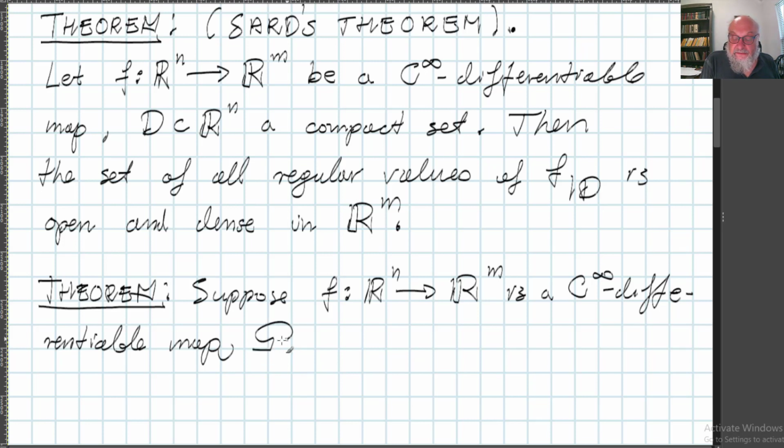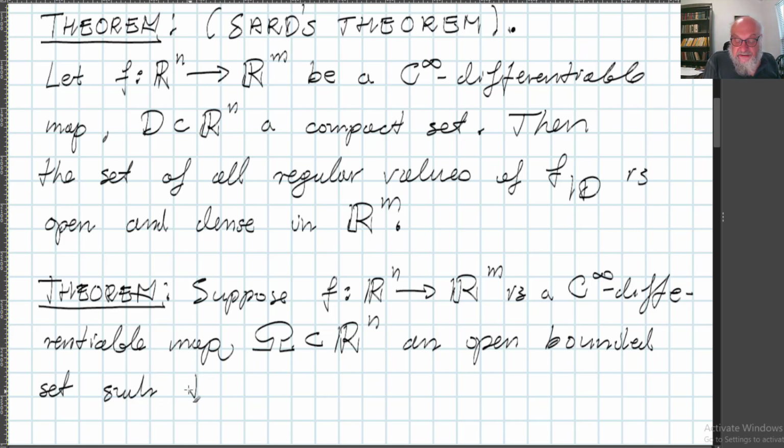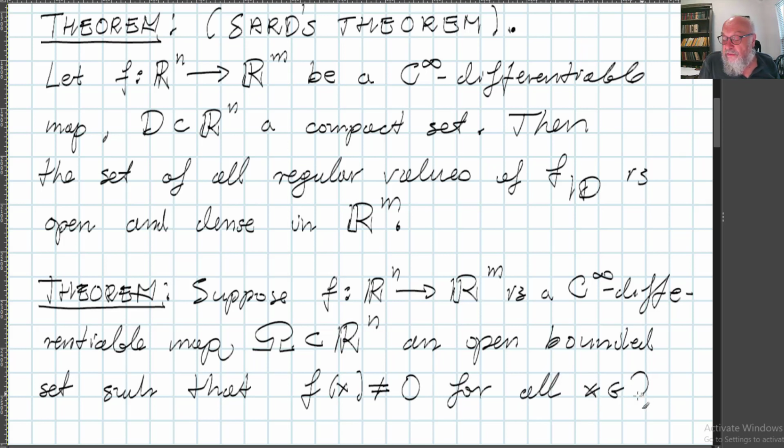Let omega contained in Rn be an open bounded set such that f of x is different than 0 for all x belonging to the boundary of omega,